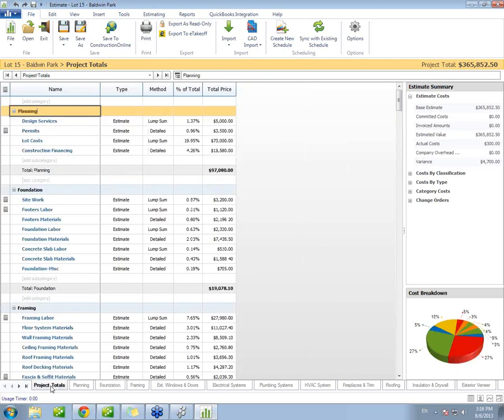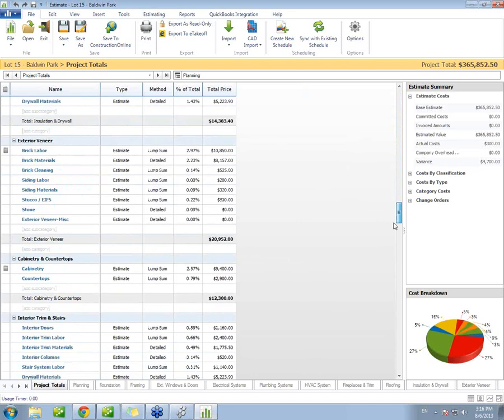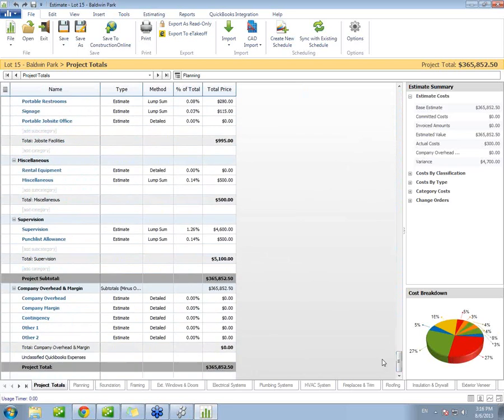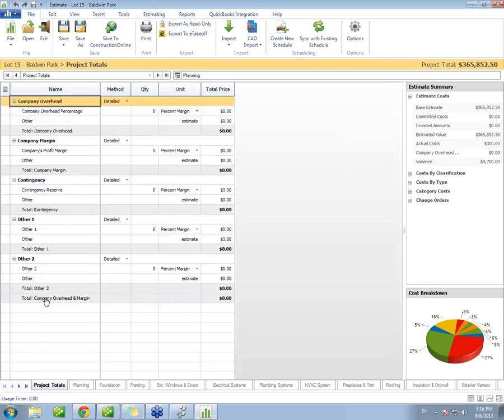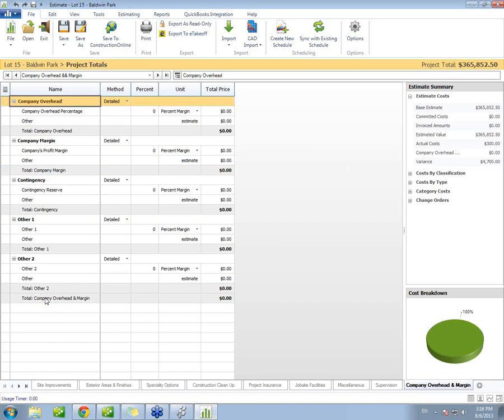We navigate back to the project totals page. We have at the very bottom of the estimate our company overhead and margin sheet, which is going to allow us to enter a percentage or a fixed dollar value that will add to our project subtotal to account for our profit. If I were to click on one of those links, for example, it's going to take me to that specific page. So under company overhead, again, I can insert a percentage,